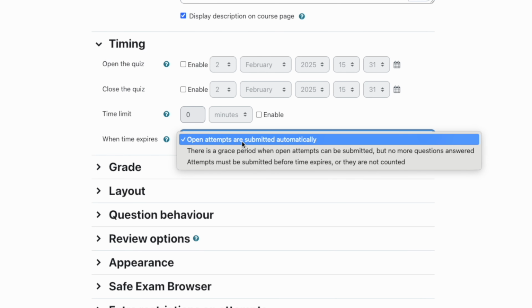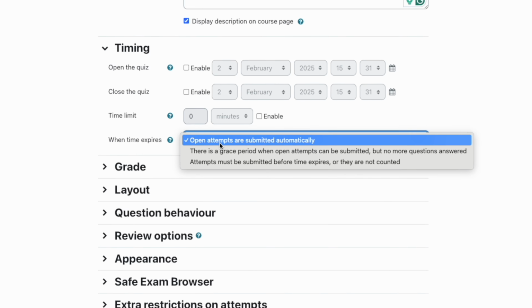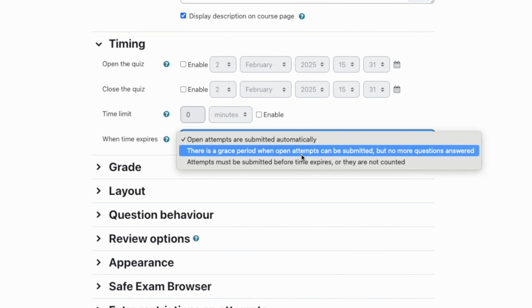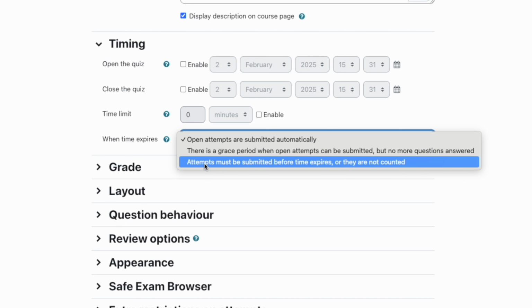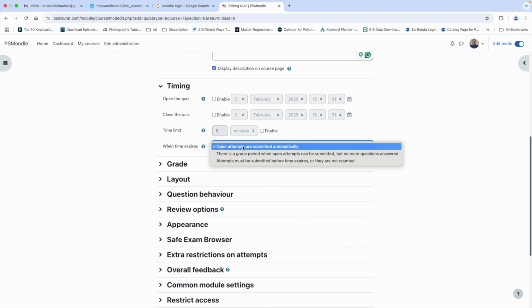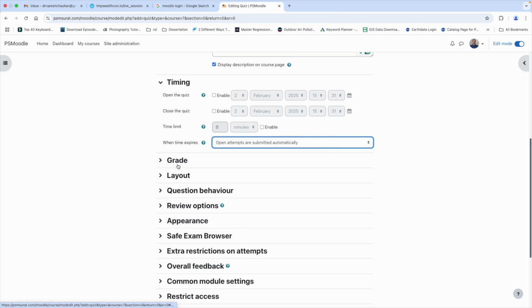Means if you want the quiz to be submitted automatically, or there is a grace period when open attempts can be submitted but no more questions answered, or attempts must be submitted before time expires or they are not counted. These are the three options. I am keeping this as submitted automatically. Then grade,